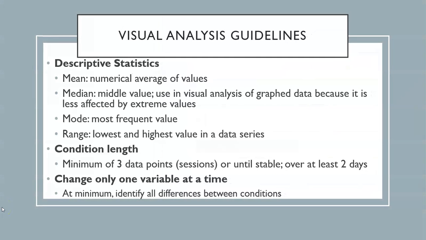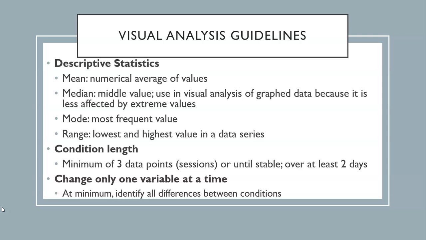Of course, descriptive statistics are important in the visual analysis. You still need to understand what a mean, a median, a mode, and the range are. I give the definitions here, and I'm sure you're aware of these terms. The number of data points needed to provide a believable record of behavior during a given condition also depends on how many times the same condition has been repeated during the study. This says a minimum of 3 data points or until stable, but the general rule is the more the better,